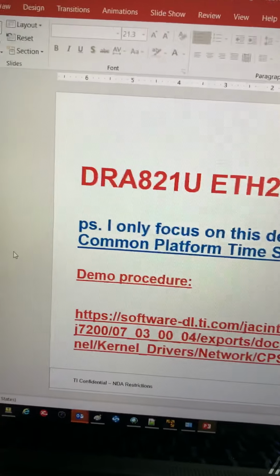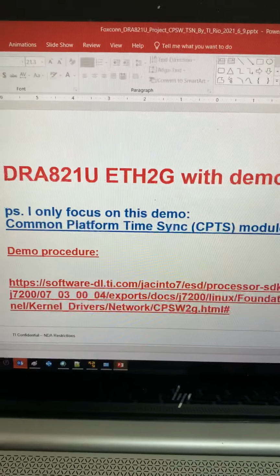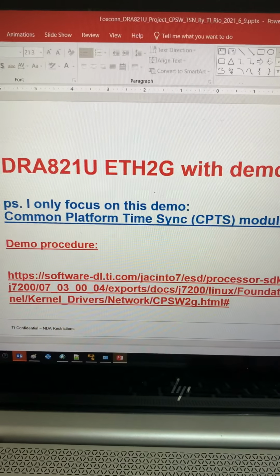Hey guys, this is the Jacinto DRA821U EVM. So I'm going to demo the Ethernet 2G